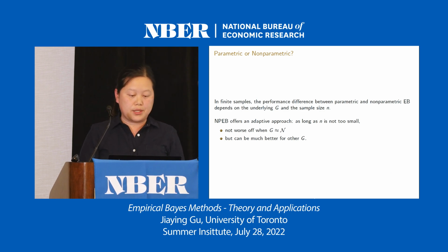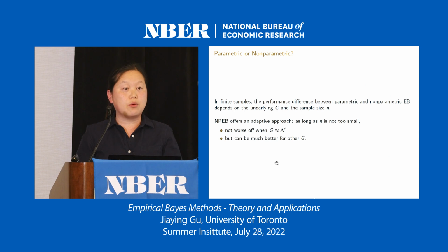So the non-parametric methods offer an adaptive kind of approach, right? As long as n is reasonably large, it's not going to be much worse off if G can be approximated well by a normal distribution. But it can be much better for other shapes of G that look very different from the normal distribution. And here I would give a common-wisdom kind of comment: if your n is really small, then maybe using a parametric method for a more parsimonious estimation problem might be better off in practice. Okay, but the typical assumption that we have in mind, having a large n, seems to unlock the benefits of